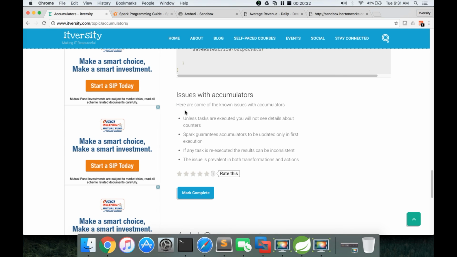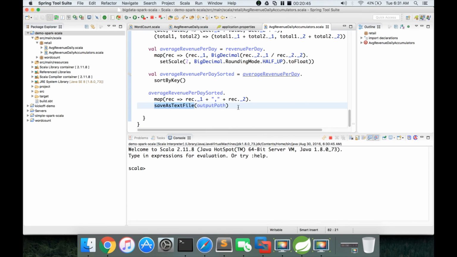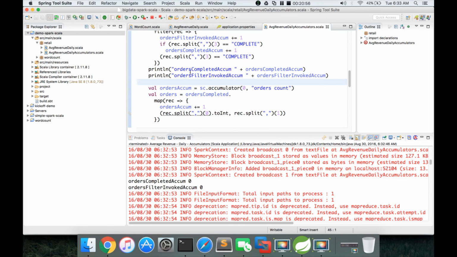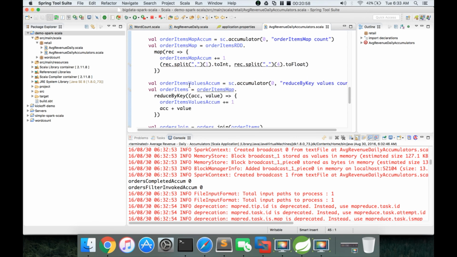Okay, that is only when you are trying to run using the Scala interpreter. If you run as an application, obviously you will be able to access those things. In this case, I copied these println commands before the action.